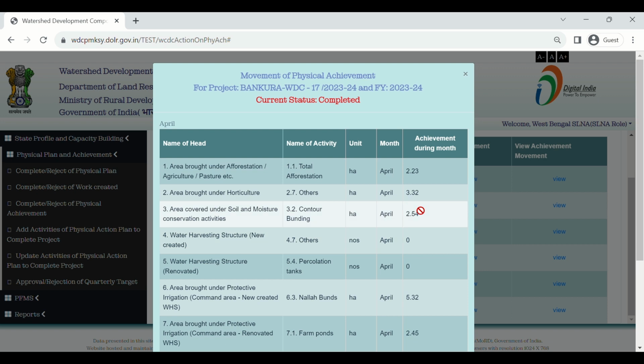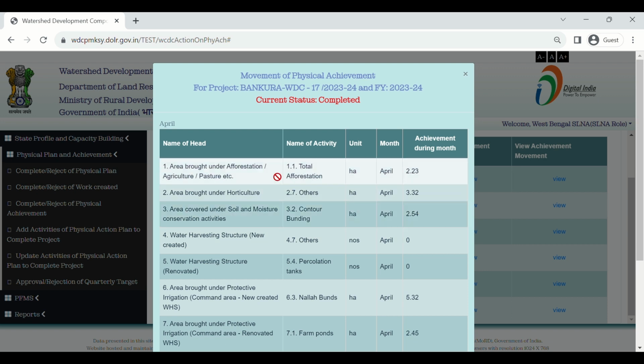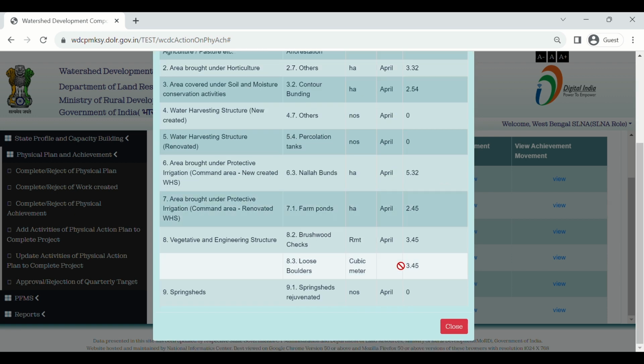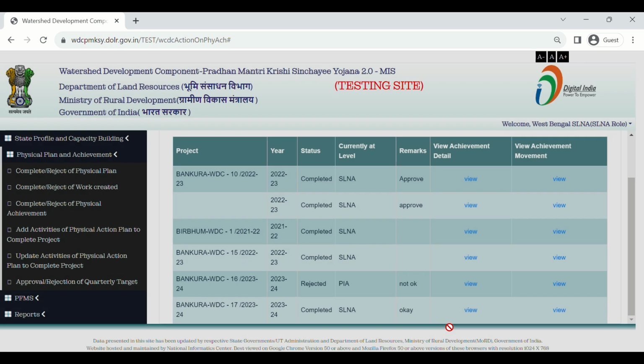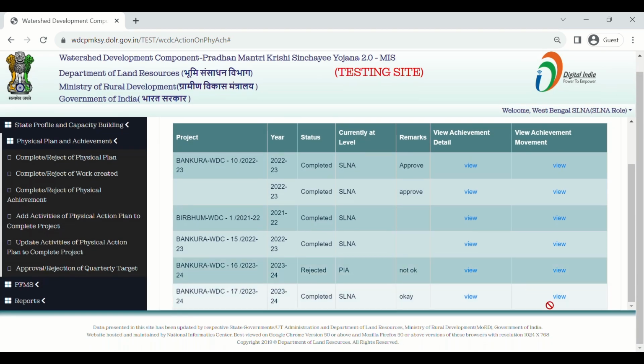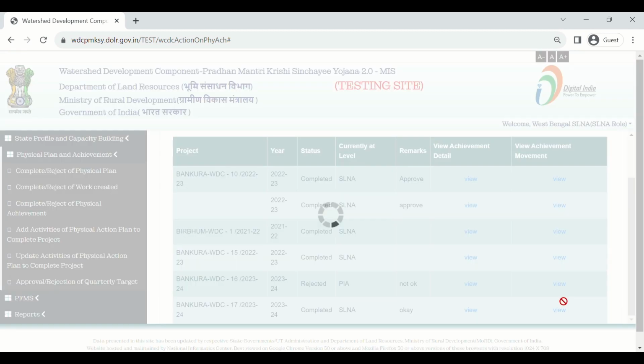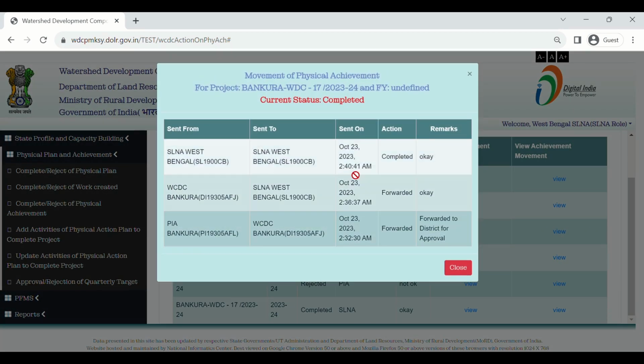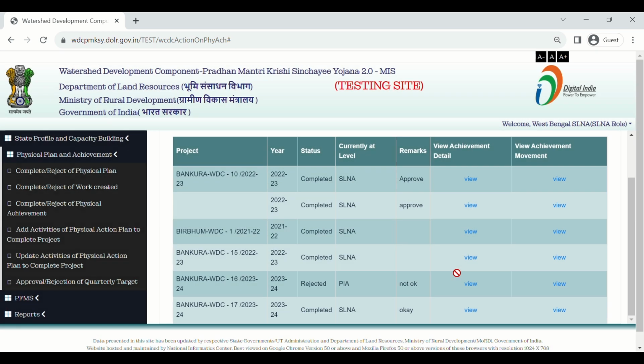Movement of physical achievement is given with the name of head, name of activity, unit, month and achievement during the month. Click on Close. Also, the SLNA user can view achievement movement by clicking View. Here he can see the movement of physical achievement. Now the current status is Completed. Click on Close.